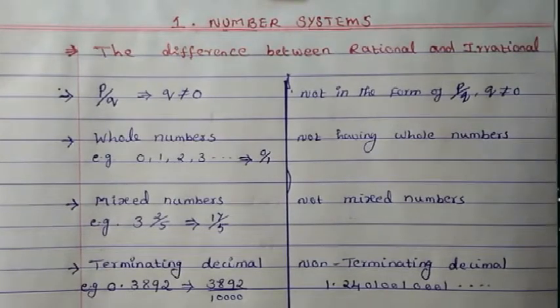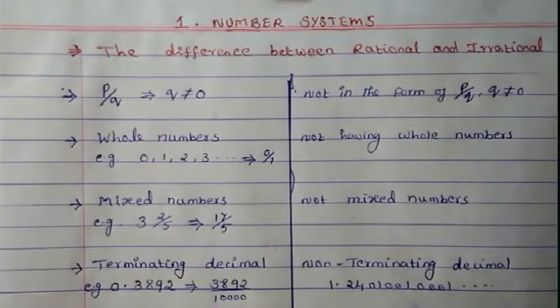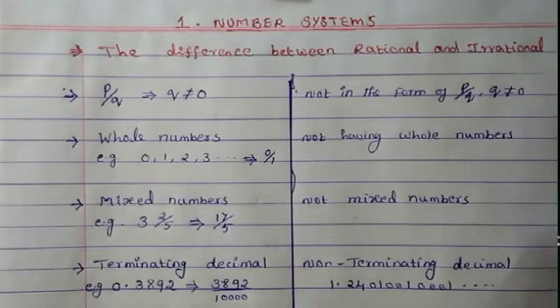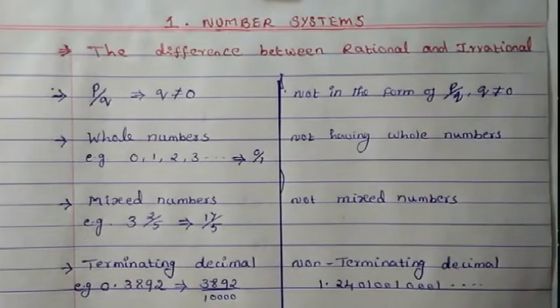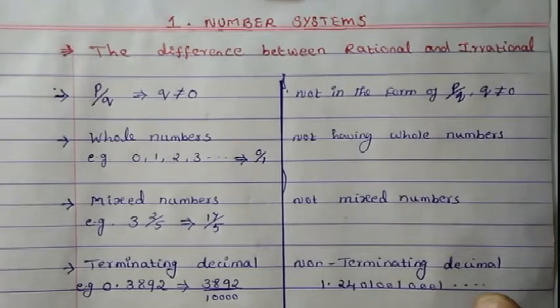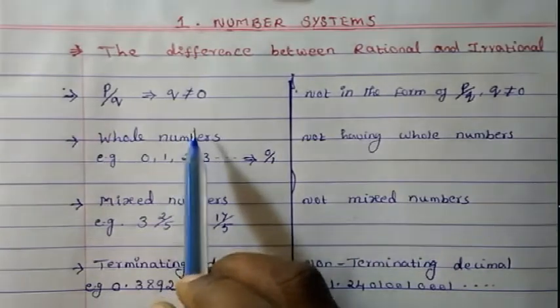Welcome to 9th Maths NCERT Chapter 1 Number Systems. Today we will study the difference between rational and irrational numbers. I have already taught you what rational numbers and irrational numbers are. We will just compare them so that we understand in a better way. So first of all, first point, the rational numbers,